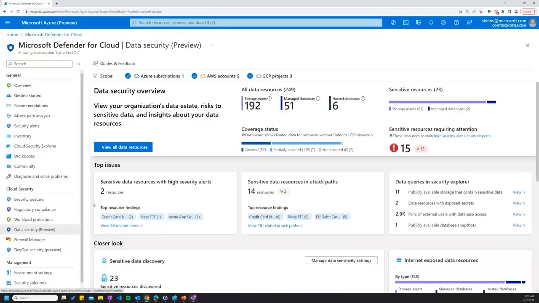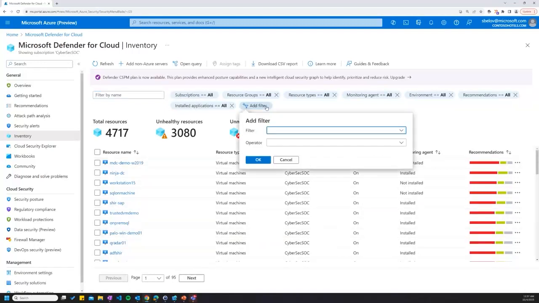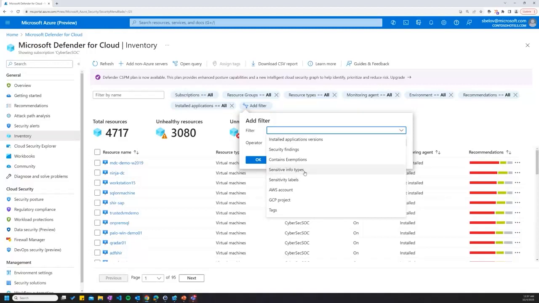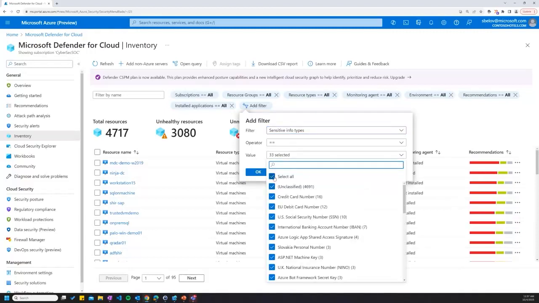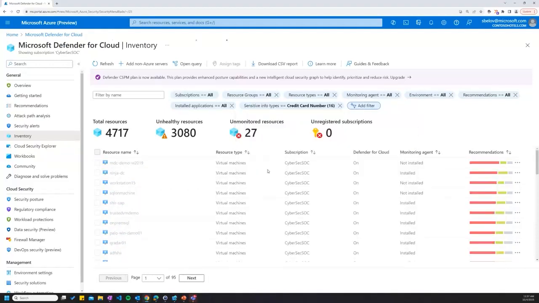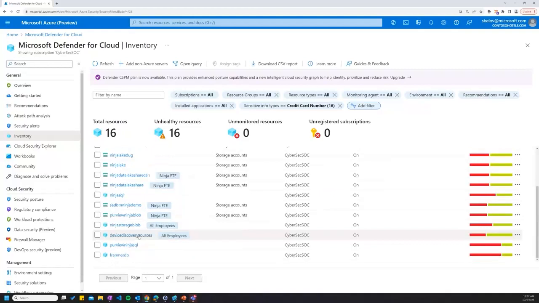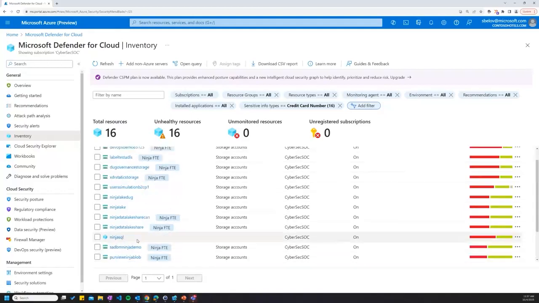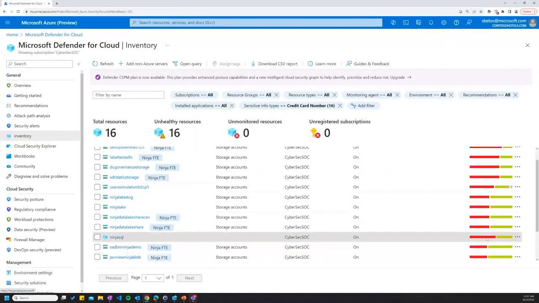Now, a similar experience is available in the inventory view. For instance, you may have millions of different objects, but if you want to see all the resources that contain some specific sensitive information, like all the resources where Defender for Cloud has found credit card numbers, and I click that, I will see a limited view of all the resources where this data sensitivity scanning capability discovered sensitive content. I can go further and see some details